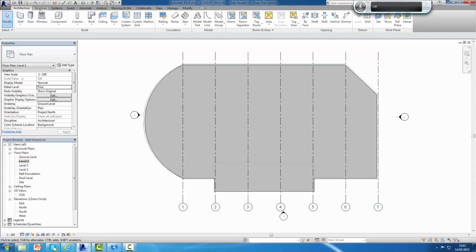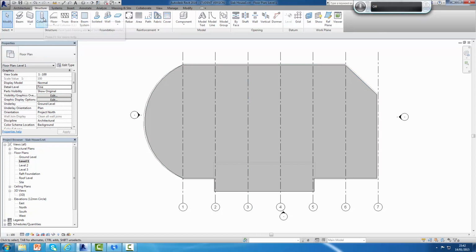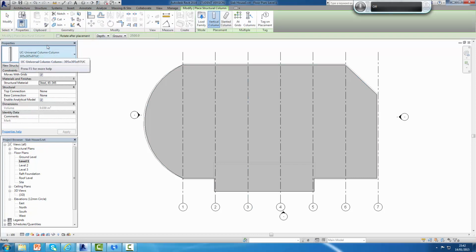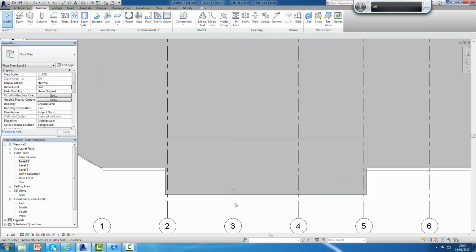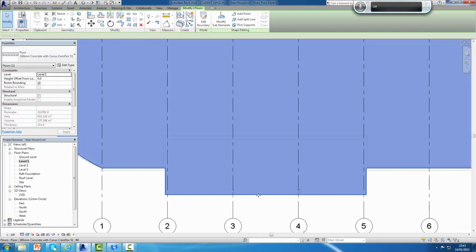So if I go up to there, I'm going to structure and go to columns. Now the universal column in there, which I'm going to use, if I just click on that one there, I'm now going to sit that on the grid lines, that one there, and then I'm going to put that one there. Okay, and then as I say, I've got my 2 structural columns in. I'm going to select them again,